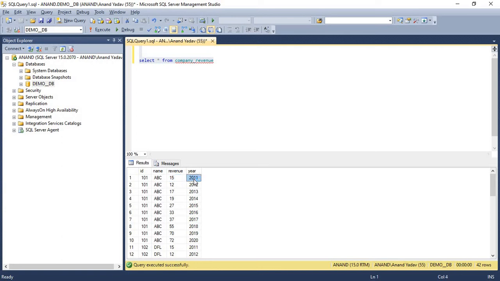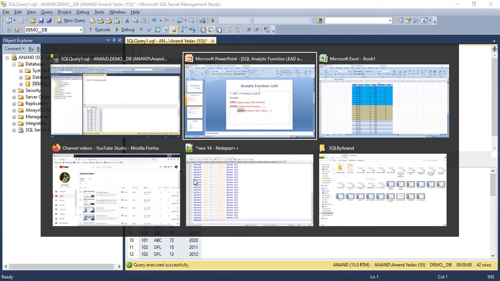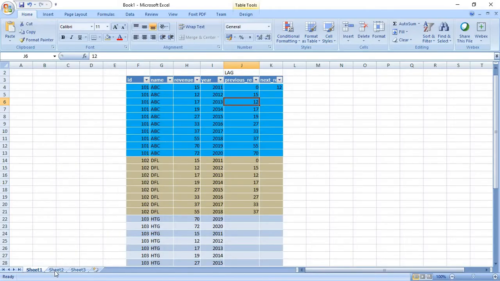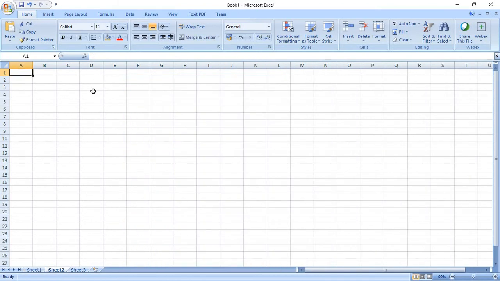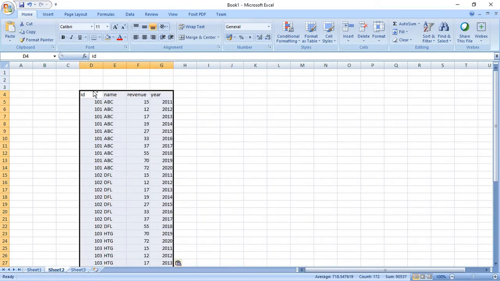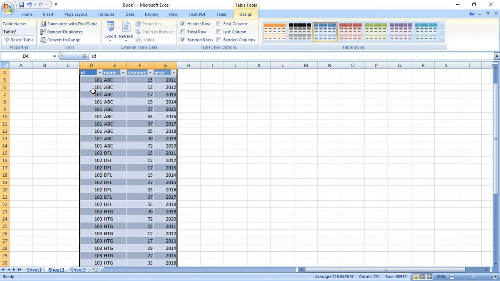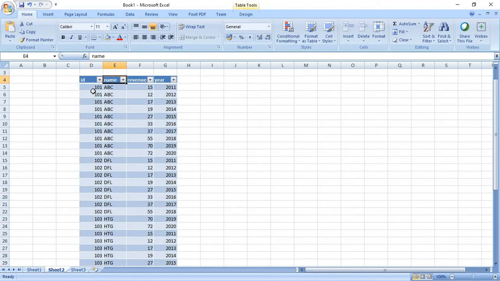Now our problem statement is something like this. Let me put this value in an Excel. For the ABC company, this is the 2011 record and the revenue generated is 15.